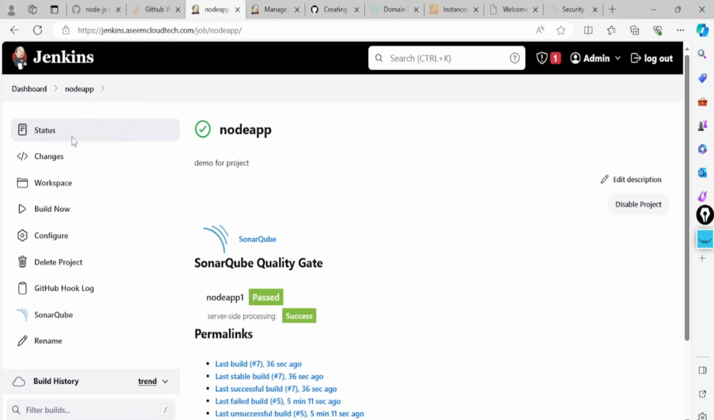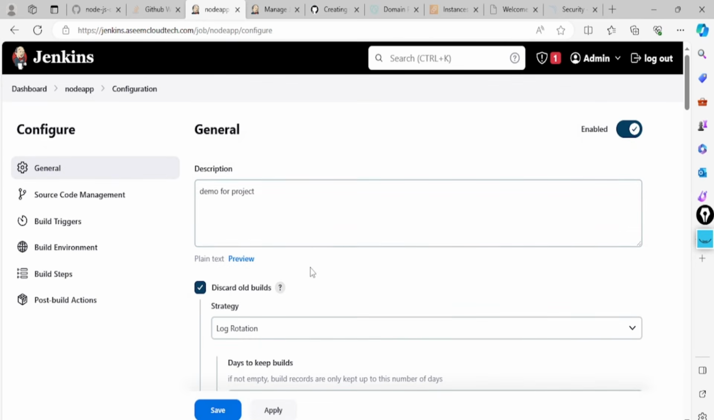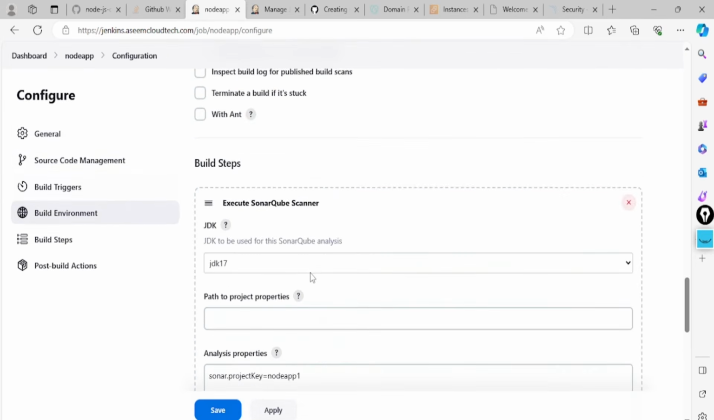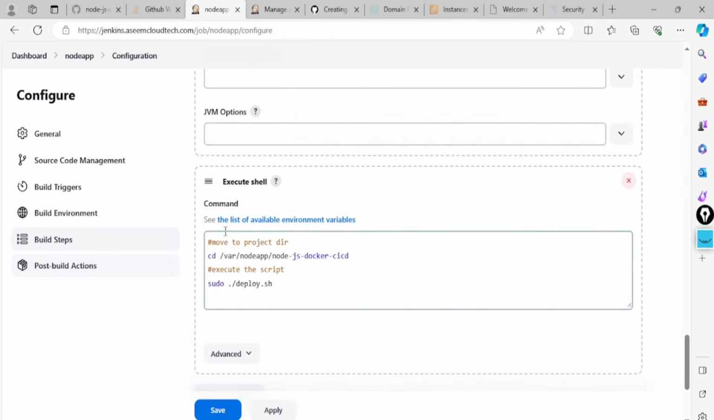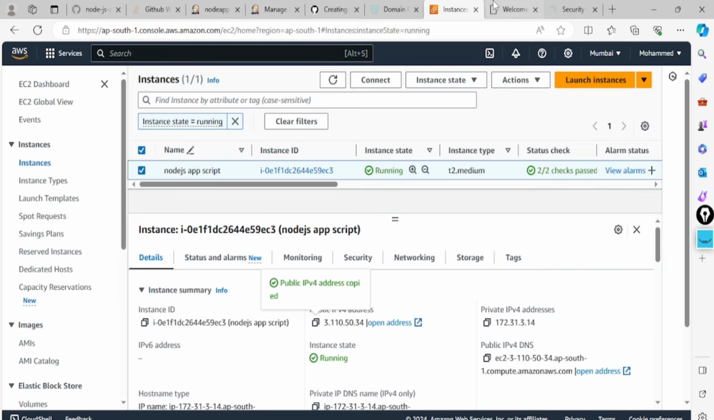So if you check it over here, we can keep the commands as we require, like the steps to be followed in the Jenkins pipeline. First we have given our build step for SonarQube, then we have given the shell script. Okay, this is how we did it. Now if you go and check it over here,